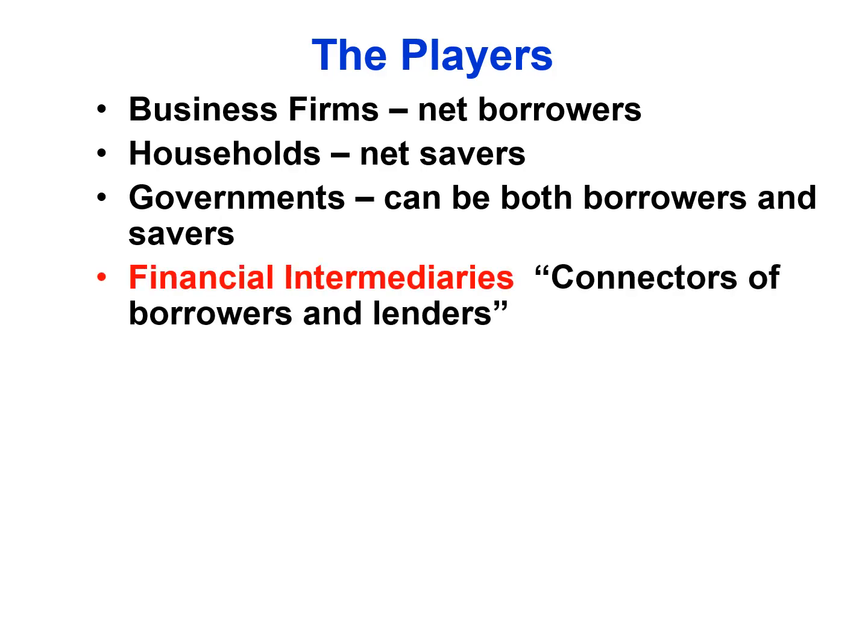At the core of this investment network are the financial intermediaries. These are the connectors of borrowers and lenders. They play a pivotal role in the financial system. Commercial banks are one primary example. Their traditional business model involves accepting deposits and using those to make loans. Banks are therefore central to the flow of money in the economy, affecting both liquidity and credit availability.